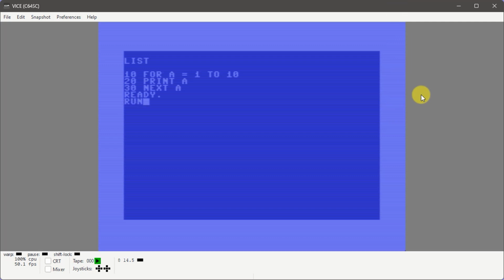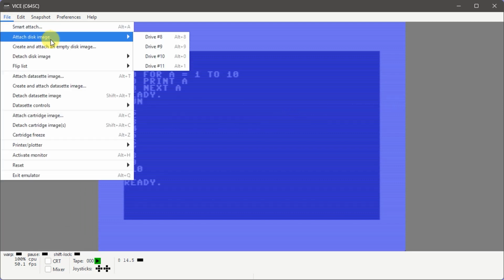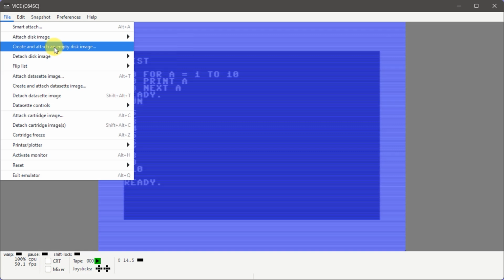So if I just run that, you can see that we just get a for next loop counting up to 10. But if I want to actually save that, then I can either save it to disk or to cassette. And again, Vice will emulate all of that for me. So if I come up to my file menu here, what I can do is I can actually put it